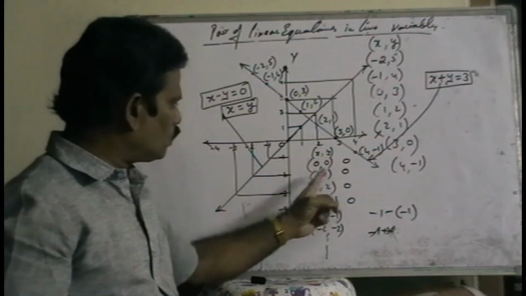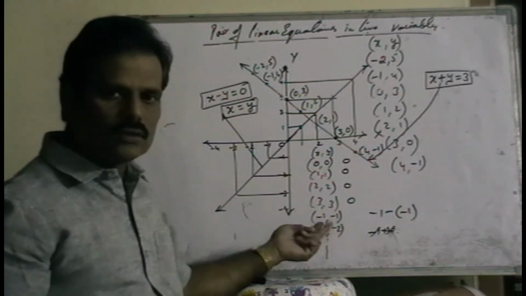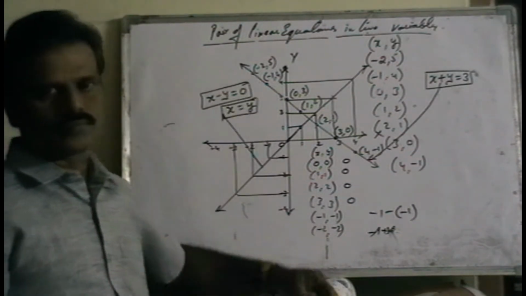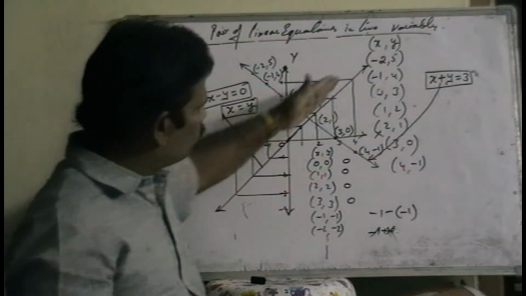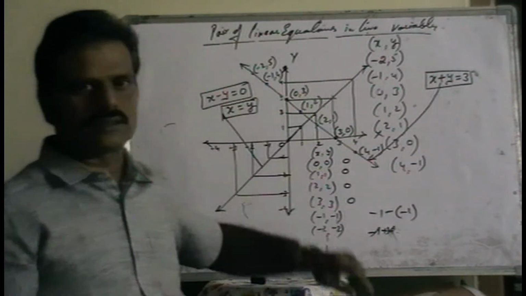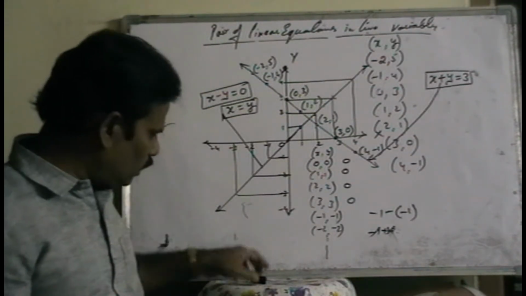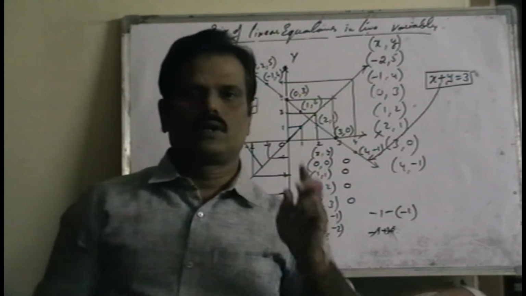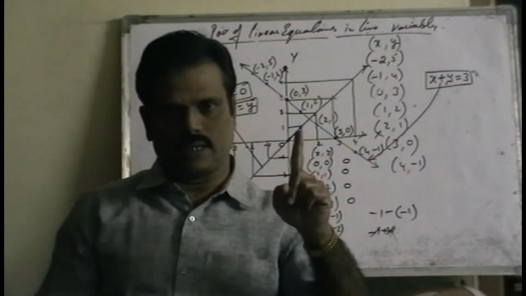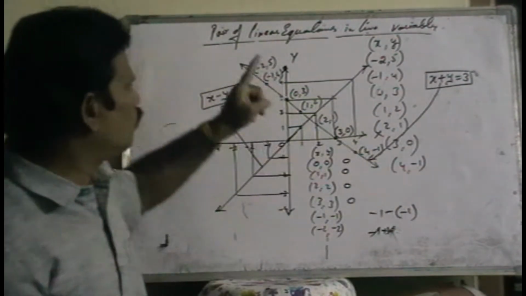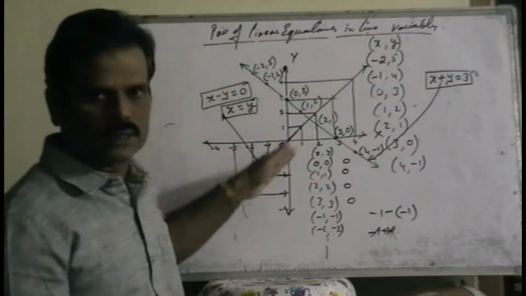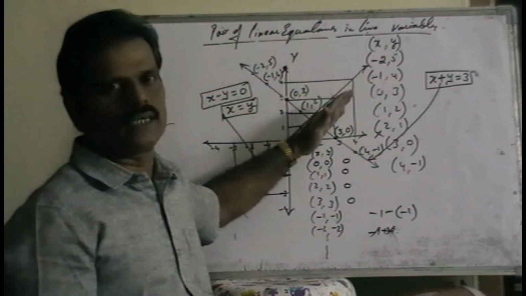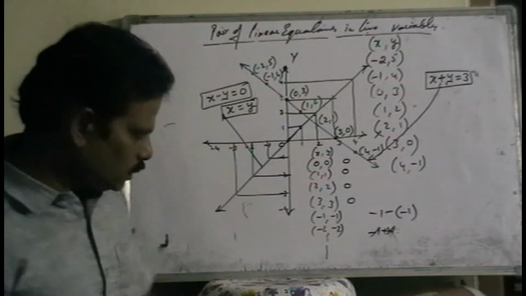x is equal to y: 0 is equal to 0, 1, 1, 2, 2, 3, 3, minus 1, minus 1, minus 2, minus 2. So these two are equal. So we can say that x is equal to y, or x minus y is equal to 0. That means the equation of this line is also a linear equation. So finally, a linear equation means an equation which consists of two variables, that too of first degree. Every linear equation represents a straight line equation. So every linear equation is nothing but a straight line equation, or a straight line equation is nothing but a linear equation. Right?